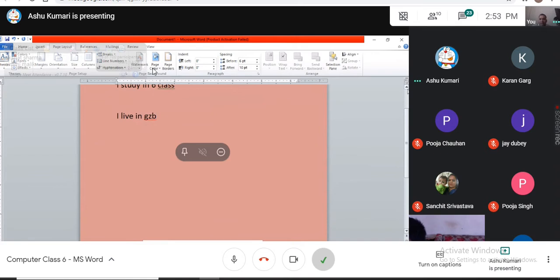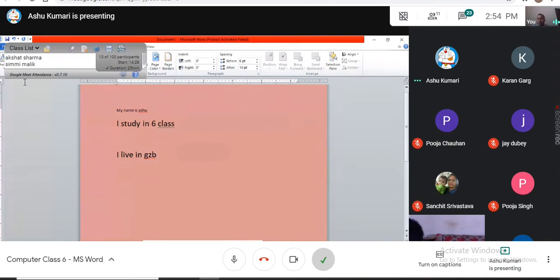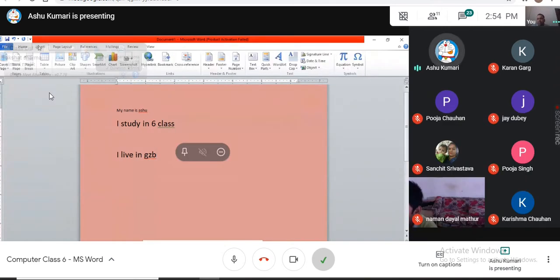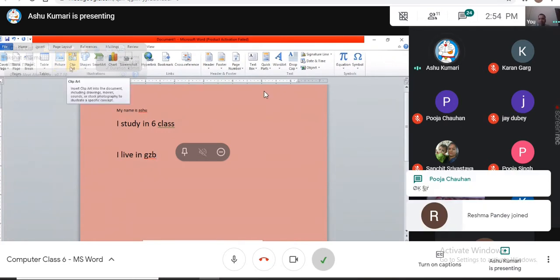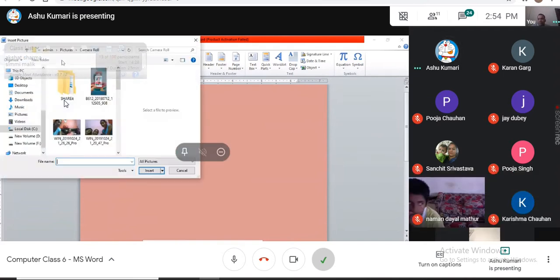If you want to apply another picture, click on page. Go to the insert tab. This is not the insert tab. After home, see on top. Yes, here is the insert tab, and click on picture.